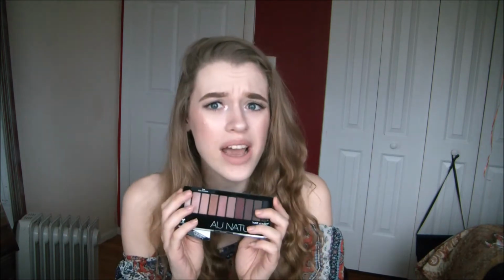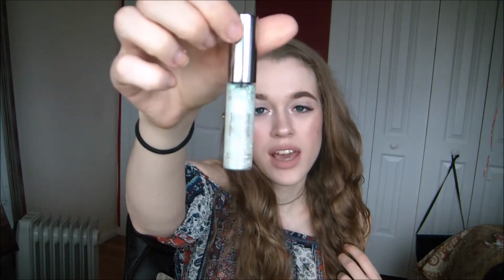Cheap, Wet n Wild. Completely in love, completely obsessed. This is everything. I've been using it a lot. Love it. Go get you some. Moving on to what I love. I got this guy now for my birthday. I was extra,